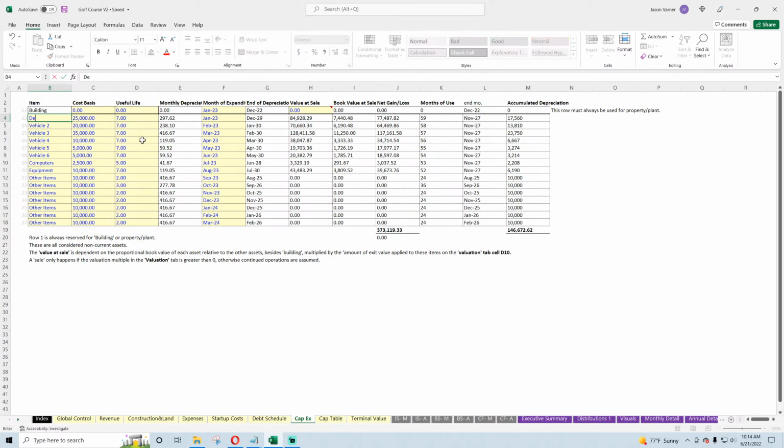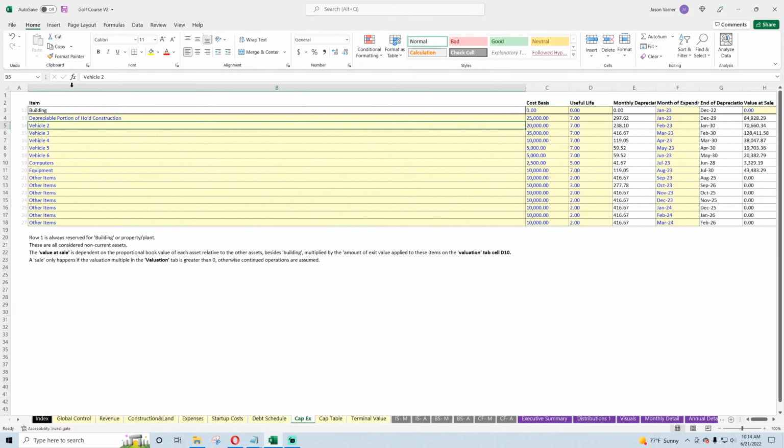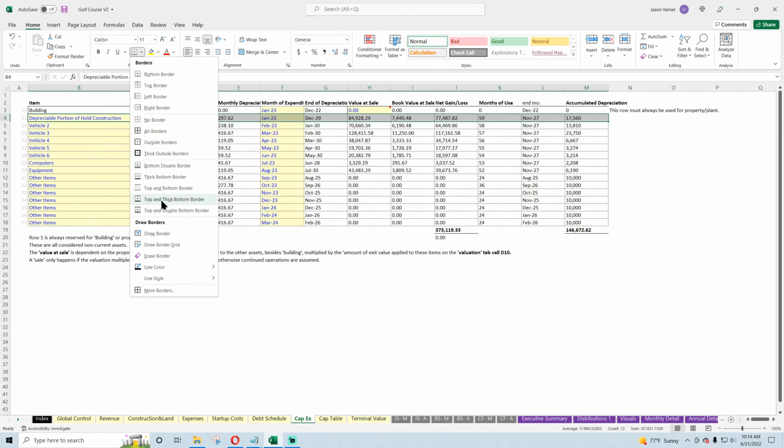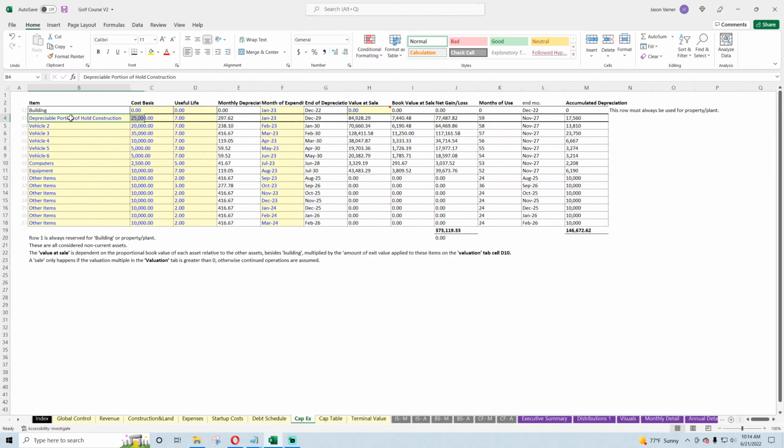So depreciable portion of whole construction. Now this is going to get real interesting when we figure out how to set up the balance sheet. Now this is going to be a thick bottom border because this actually can't be adjusted. This is always going to be that specifically, which will equal